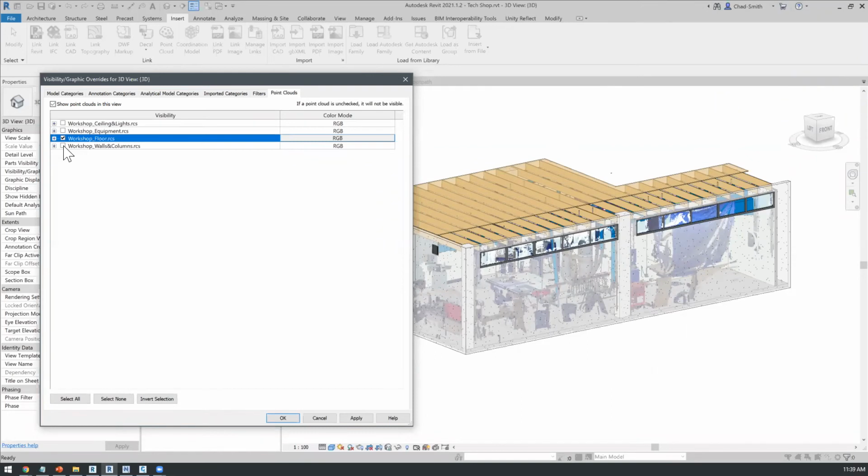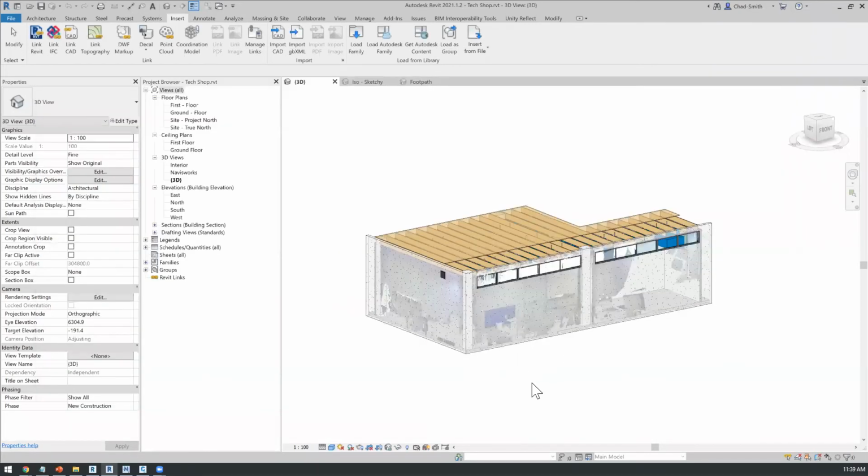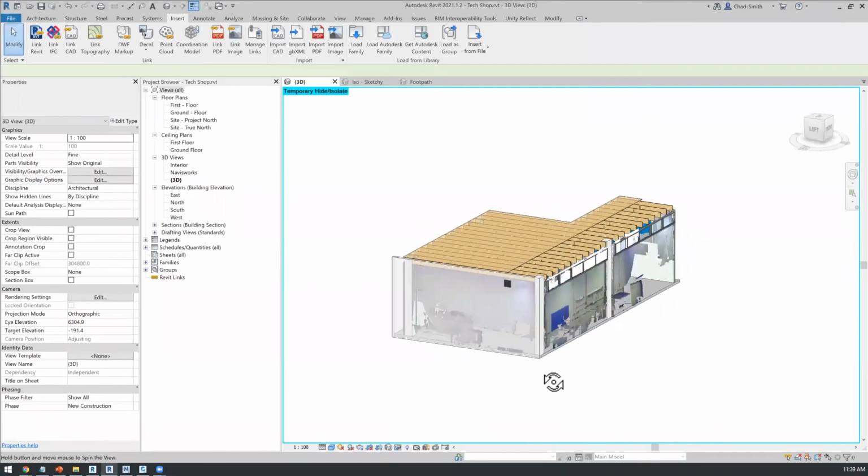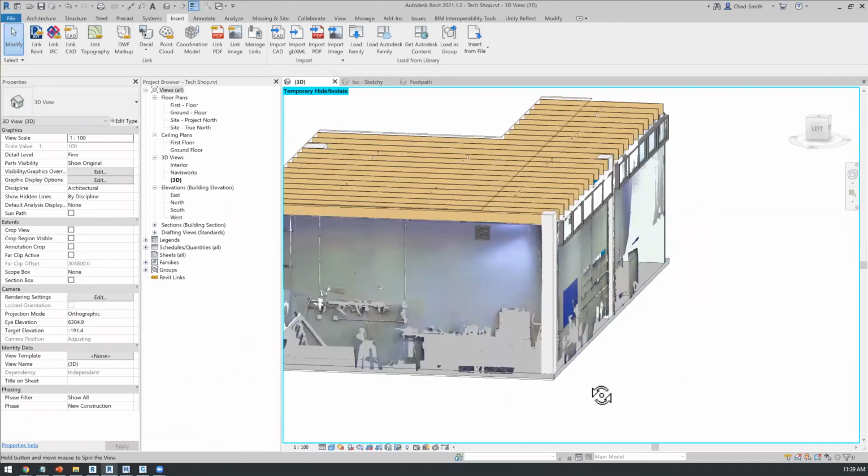As I've said a couple of times now, we use ReCap to prepare the scan data before bringing it into the design authoring tool. We prepare it in such a way that makes sense for easing the modeling process. So in this case here, if I turn on the floors, the walls, and the columns, you can see there, let me just get this wall. I'm just going to temporarily hide it out. There we go. You can see there, just as I orbit around to the right-hand side, I have just that